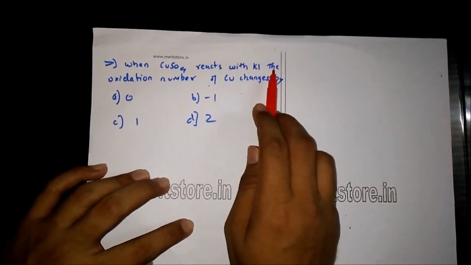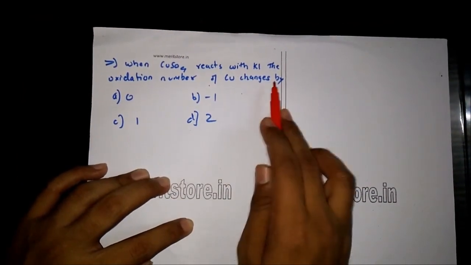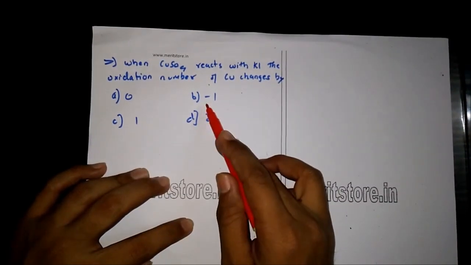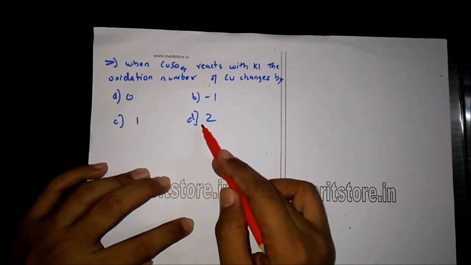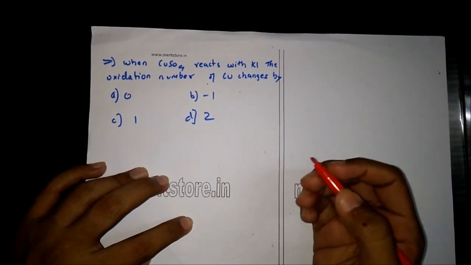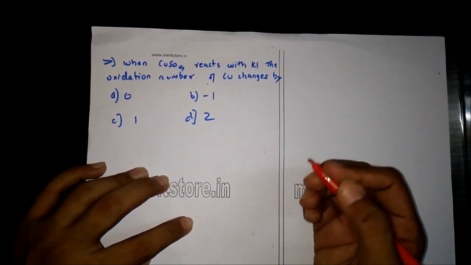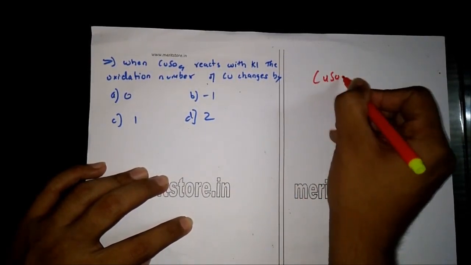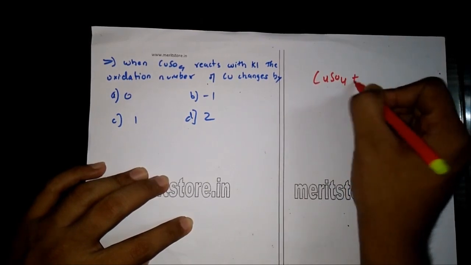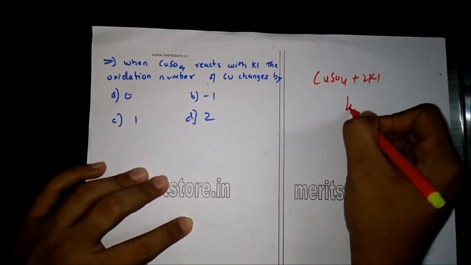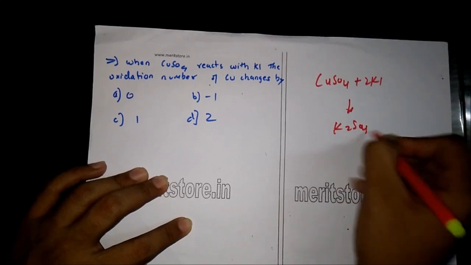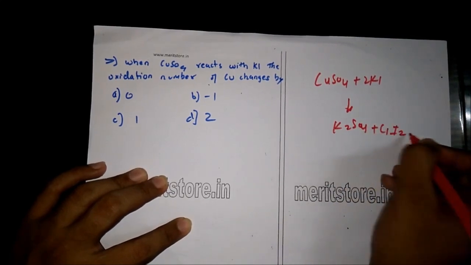CuSO4 reacts with KI, the oxidation number of Cu changes by A 0, B minus 1, C 1 and D 2. Now let's look at the reaction that is happening here. Now CuSO4 reacts with KI to give K2SO4 plus CuI2. Therefore,